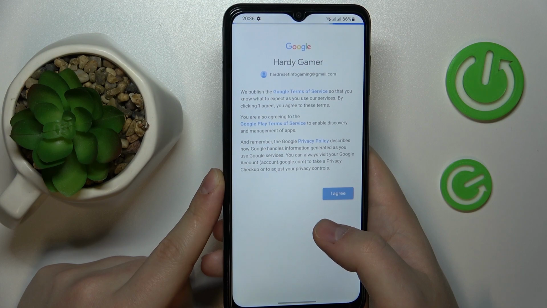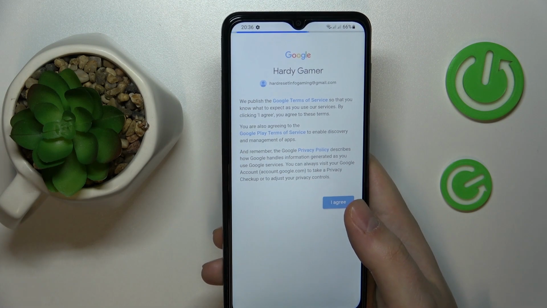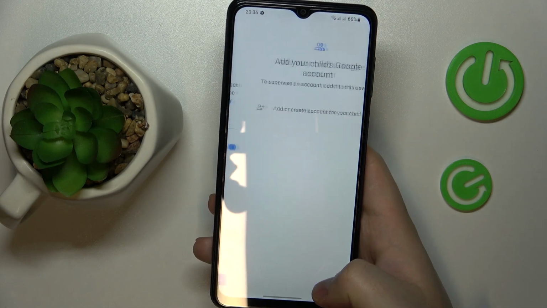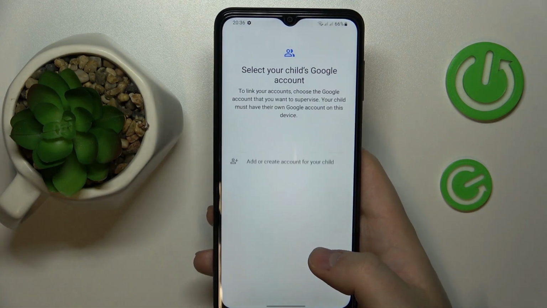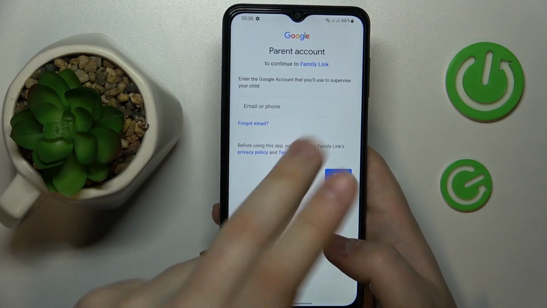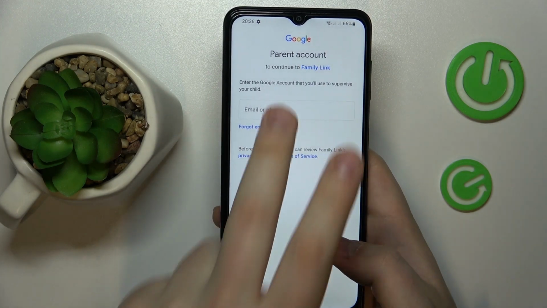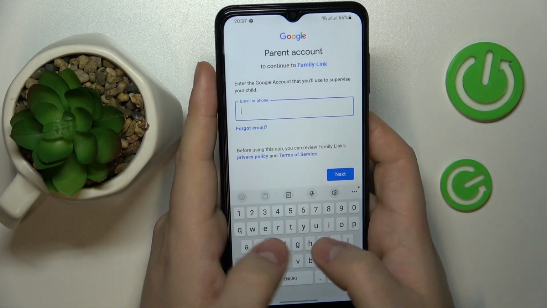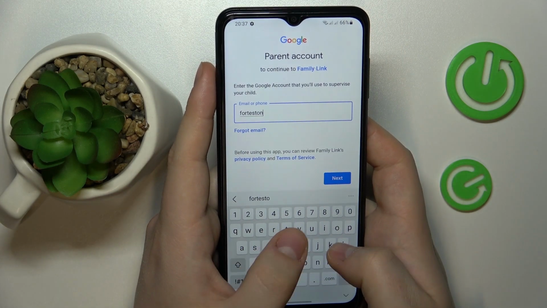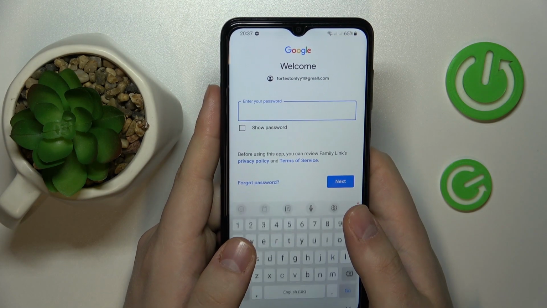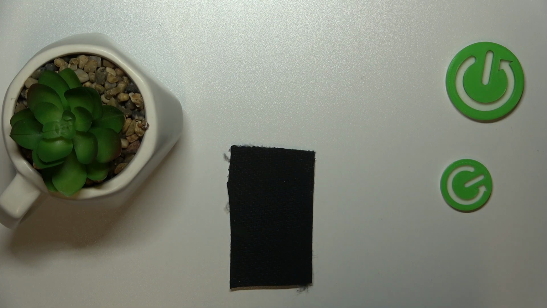Onwards, we will need to enter the credentials for the parents' Google account this time, but let's not get ahead of ourselves and wait for it to load. In here, select the account that you have just logged into from the list. And finally, as you can see, now we have to enter the parent's account credentials or the credentials for the supervisor's Google account. So the drill is the same, you know the drill. Starting with entering the email address, then the password,